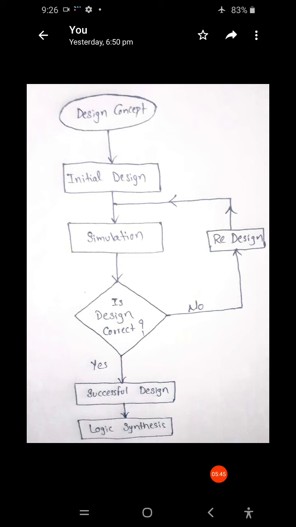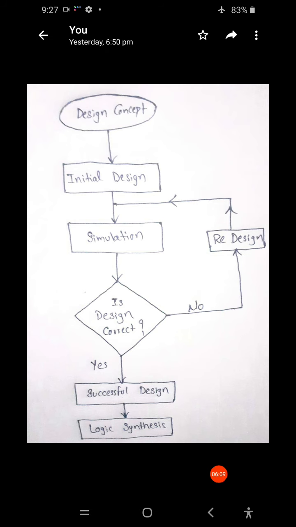Whatever code you have written, in that code the signals are represented as variables, and the logic functions are expressed by assigning values to these variables. So the VHDL code can be called a combination of plain text, and it can utilize a text editor. And the third step is simulation.